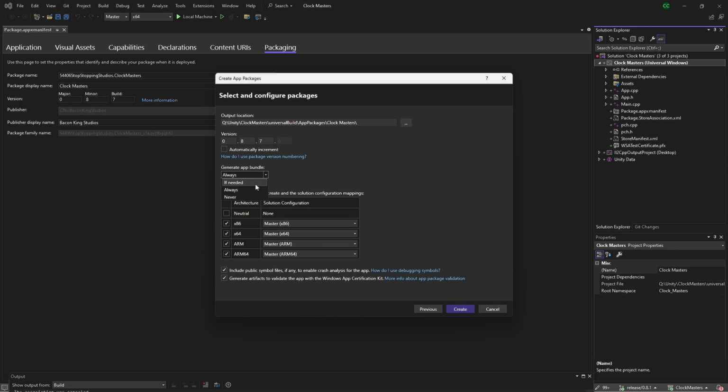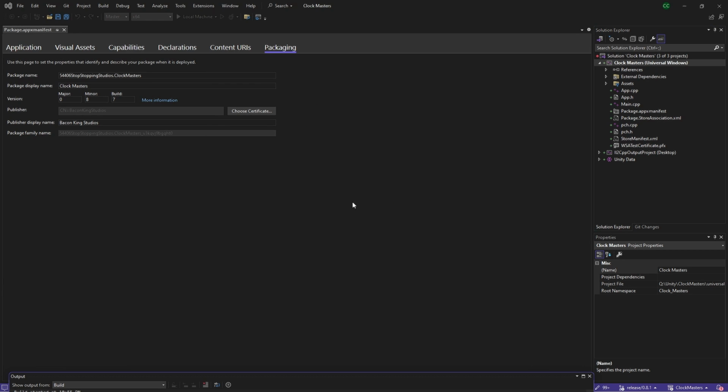And then I just checked always just to test out the different options, but both worked for me, if needed and always. And then when I upload it to the store, I have had it with one big bundle file, which includes all 4 of these builds, and then at the same time uploading each of these 4 individually. And then these 2 are checked off by default, and I didn't change that. So then I'm going to create this now.